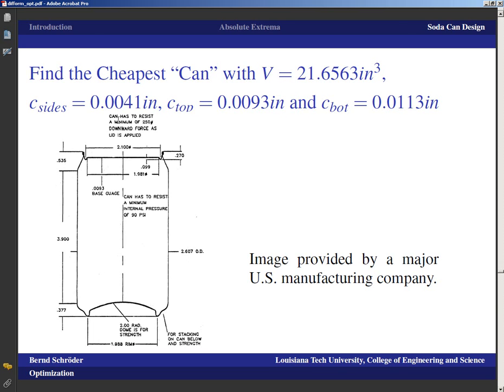The thickness themselves comes from the fact that the can has to resist a minimum 250-pound downward force as the lid is applied, because the way the soda gets into the can is actually the assembly line doesn't make cans right away, it makes cups. Then the soda is being poured in, and then the lid is applied. It is being pressed on with a 250-pound downward force, and because this lip here that fits into the lid